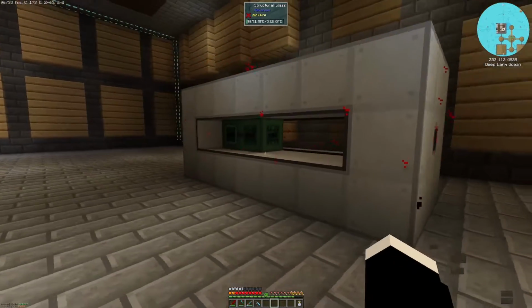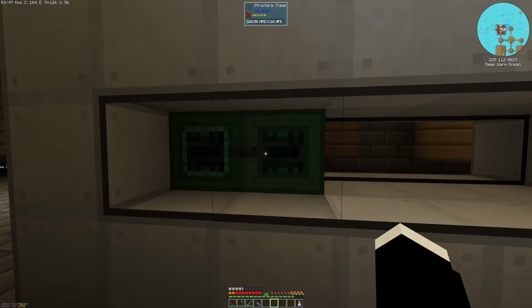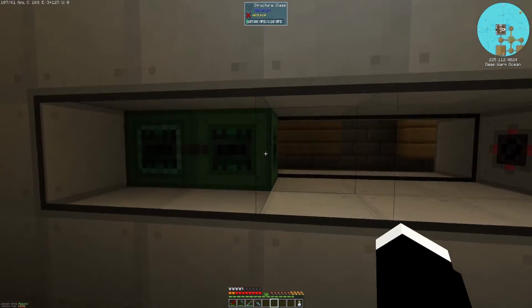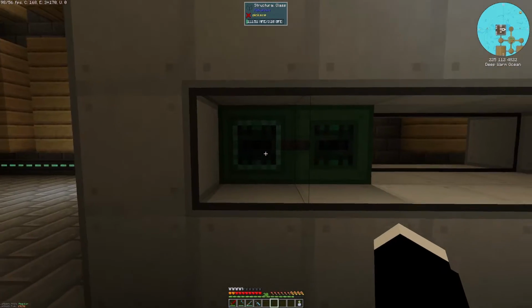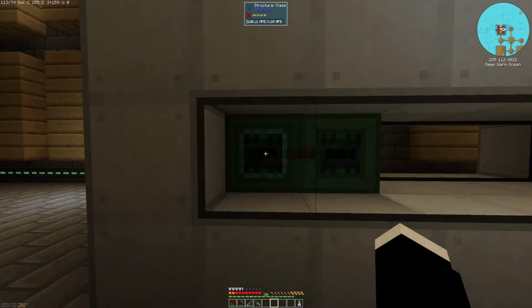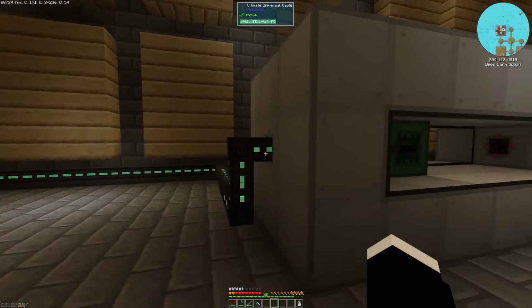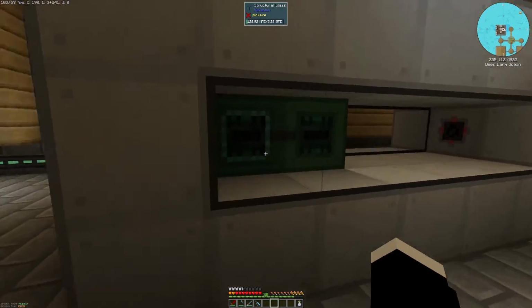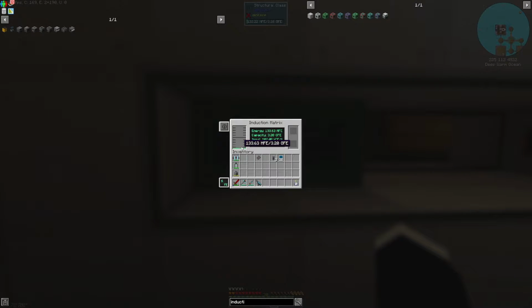And you can see it formed, and we can see right through and see each of our induction cells as we add them on. Bear in mind, again, you only need one induction provider, and that again has to be right behind your induction port. Now, if we click into it, we can see that the energy is actually being accumulated into our induction